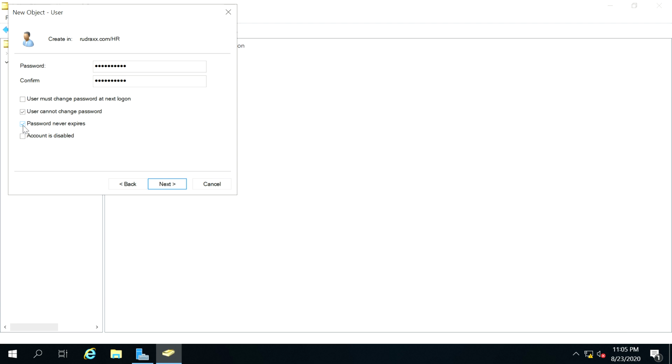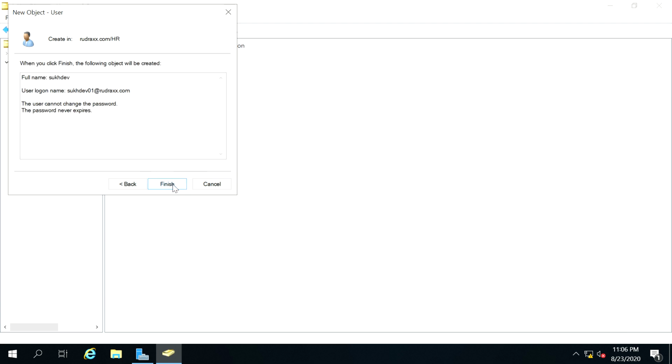That's a bit hectic, a problematic situation to create. Okay, so if you opt for password never expires, at least for 42 days, the password is not going to expire. Okay, so selecting these two, clicking on next, and you are done.